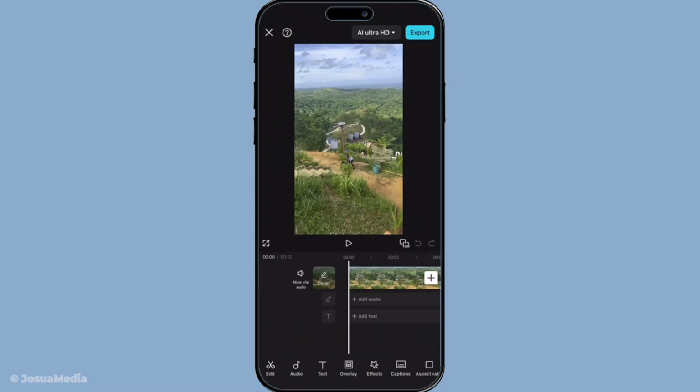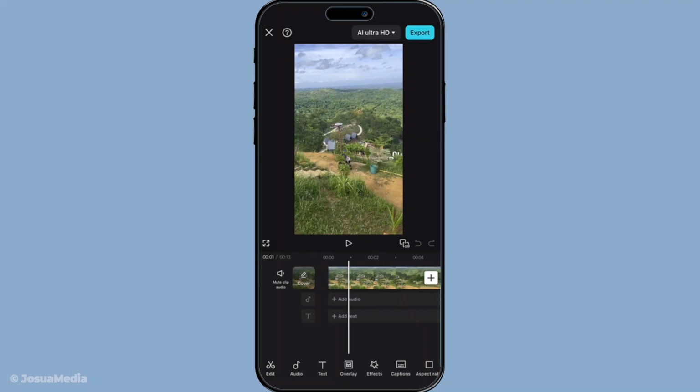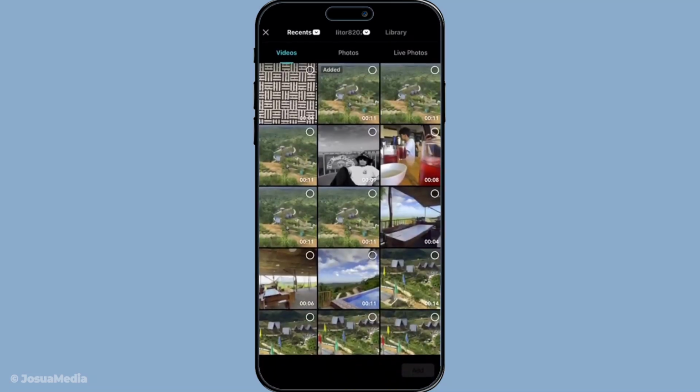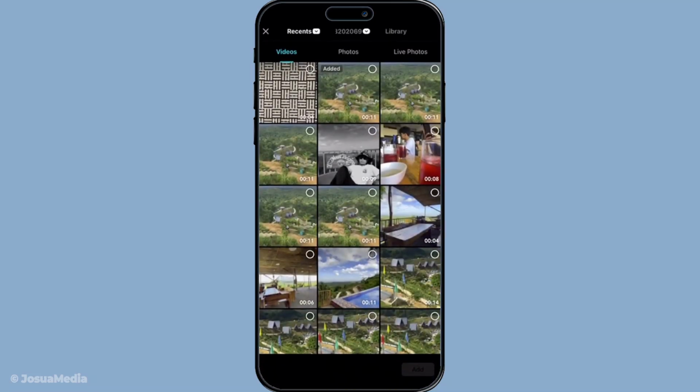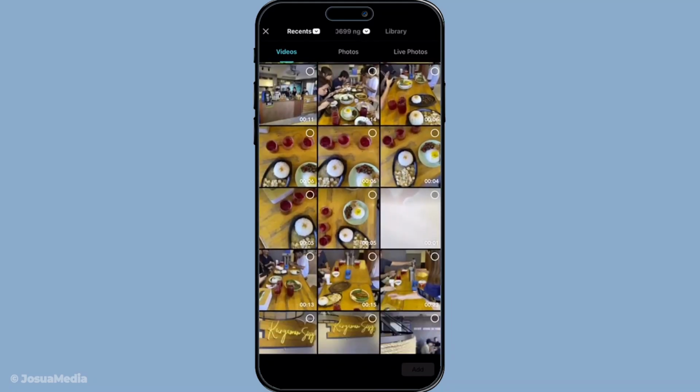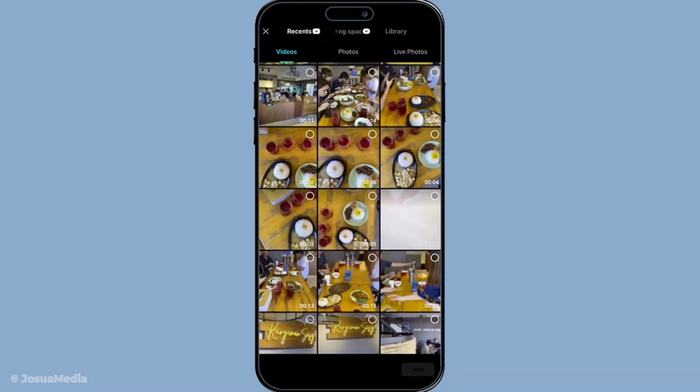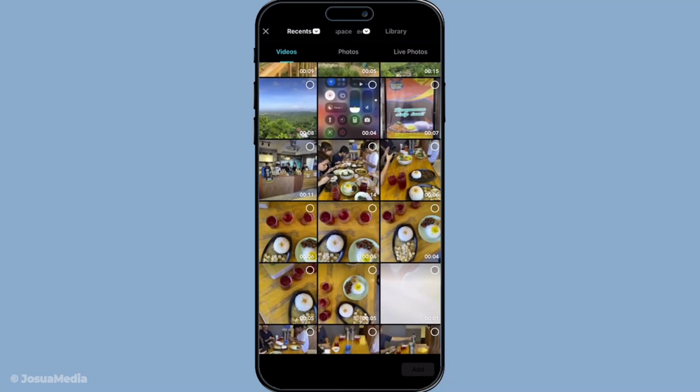With our first video in place, let's insert the second video. Look at the timeline where your first video appears and you'll see a plus sign marked as Add. Tap on this to open your library once again. Here you'll select your second video. Once you've found it, confirm your selection by tapping Add once more. This action will position your second video right after the first one on the timeline, creating the start of a